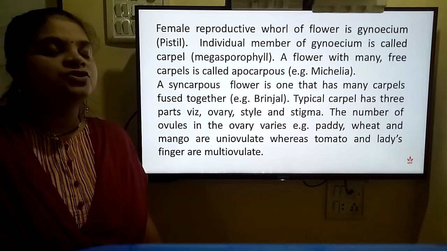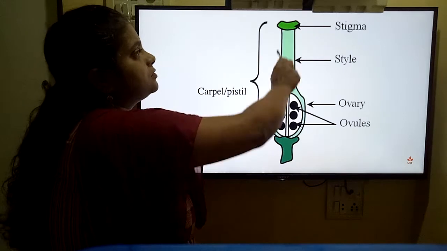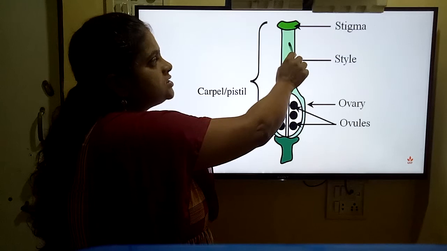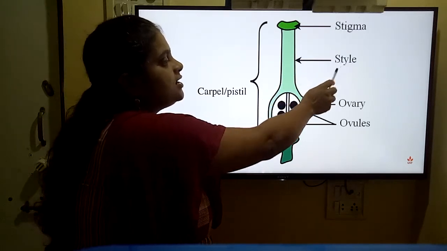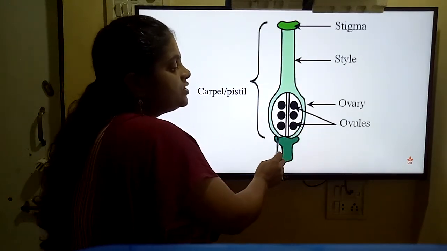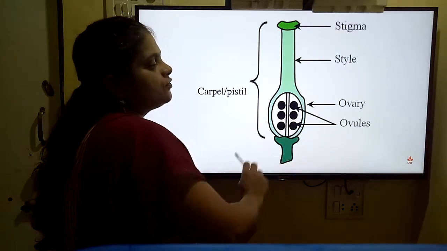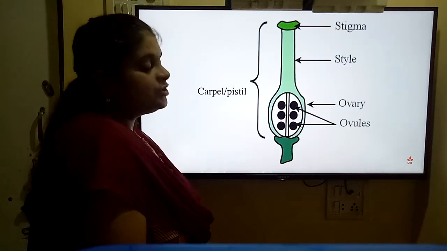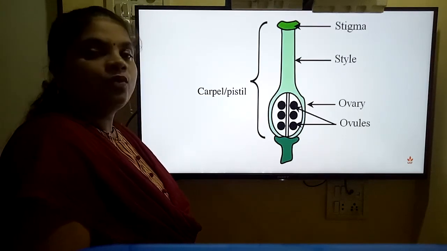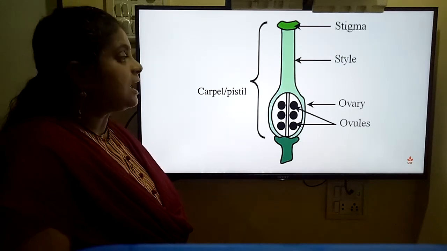So this is the introduction about the carpel. Now in the carpel diagram we can clearly make out the stigma. The tubular structure below the stigma is the style. At the base we can observe the globular part, which is the ovary, resting upon the thalamus. This part is the thalamus. The ovary consists of ovules. Here there is more than one ovule, so this type of ovary is a multi-ovulate ovary. So this is the structure of the carpel.